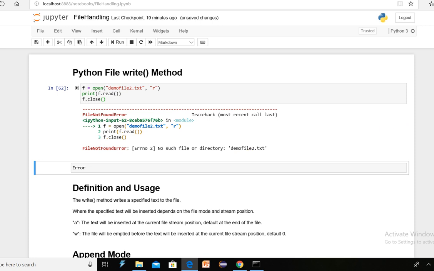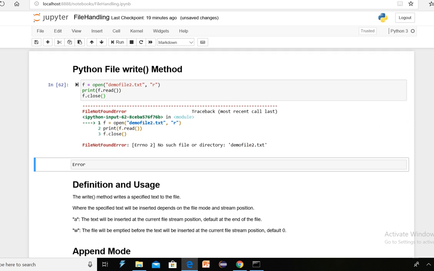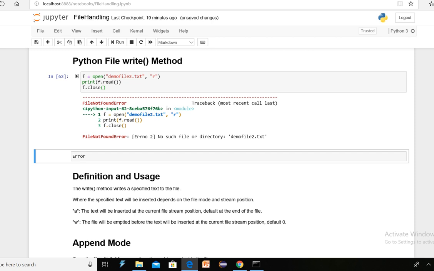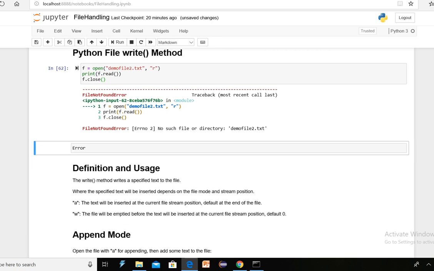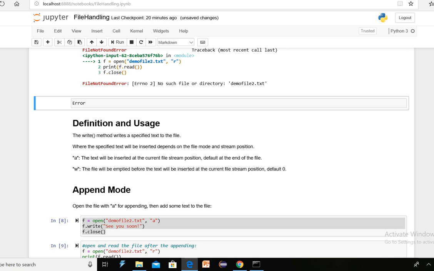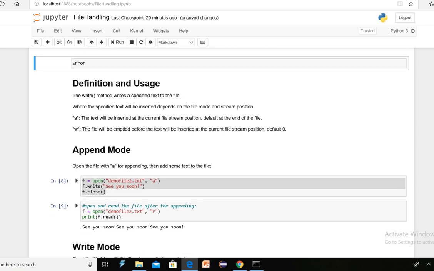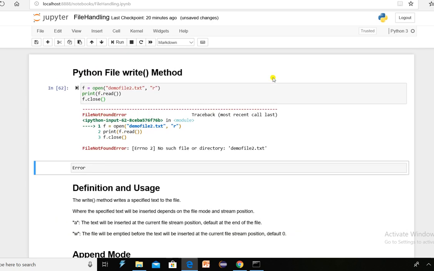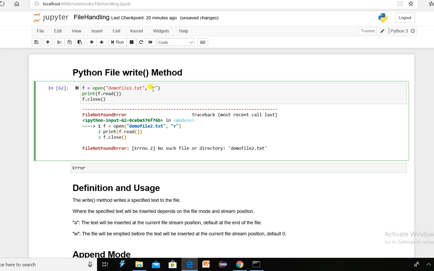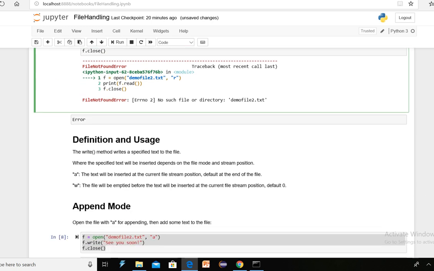So when you open a file in read mode which does not exist, it will give you an error. But if you do the same thing with write mode, instead of giving an error, it will create that file with that name. If you run the same code with write mode, it will create demofile2.txt in your memory. We are going to see that.